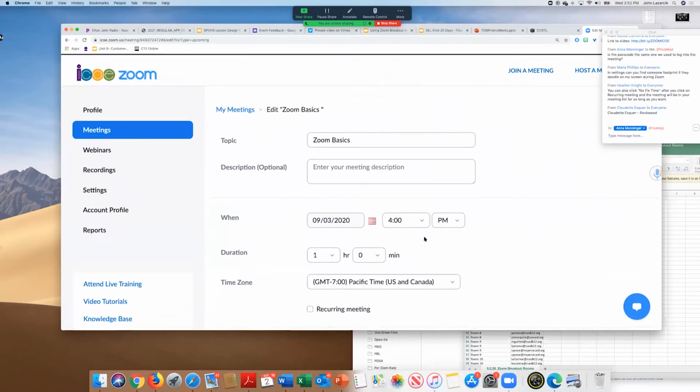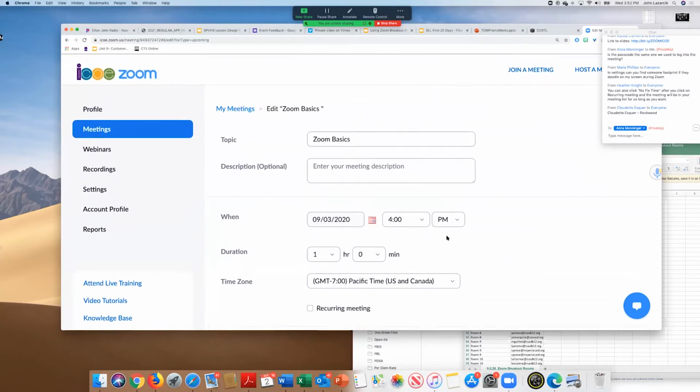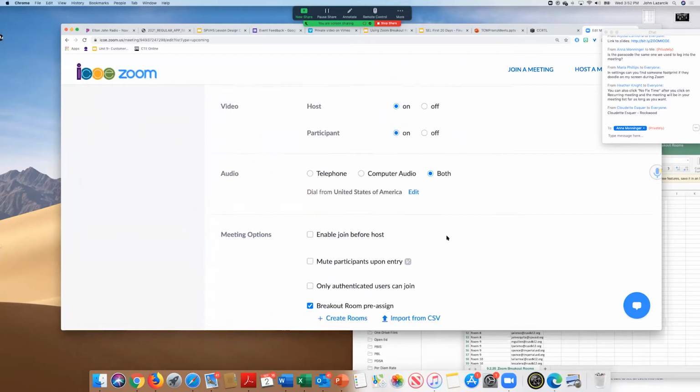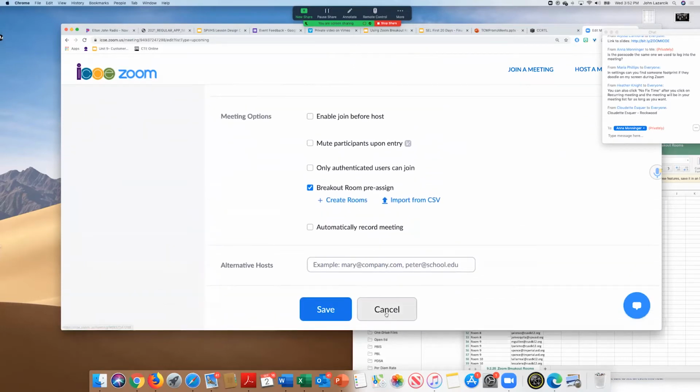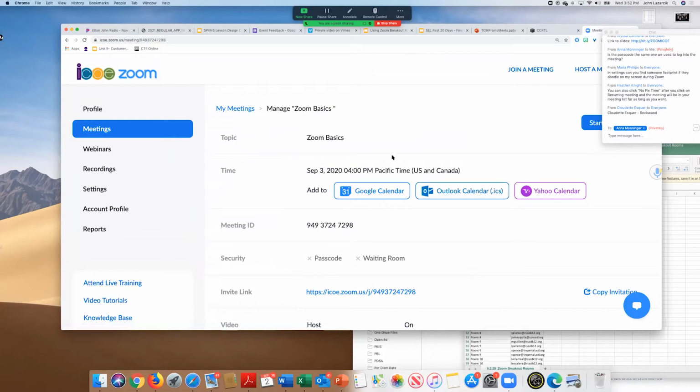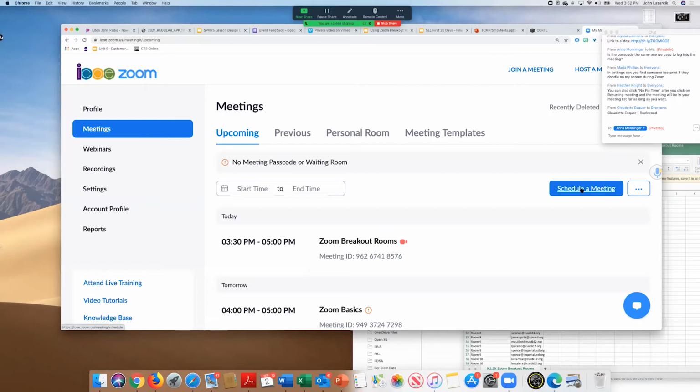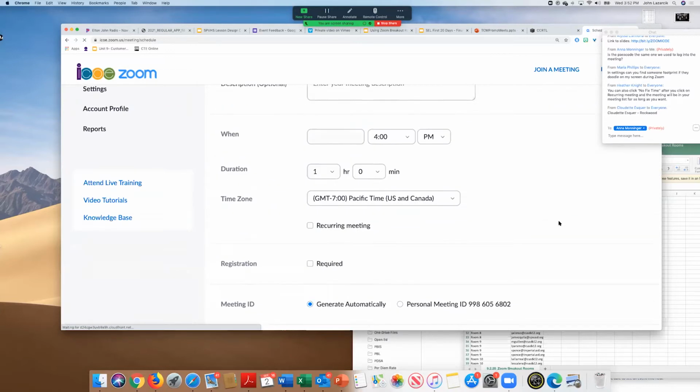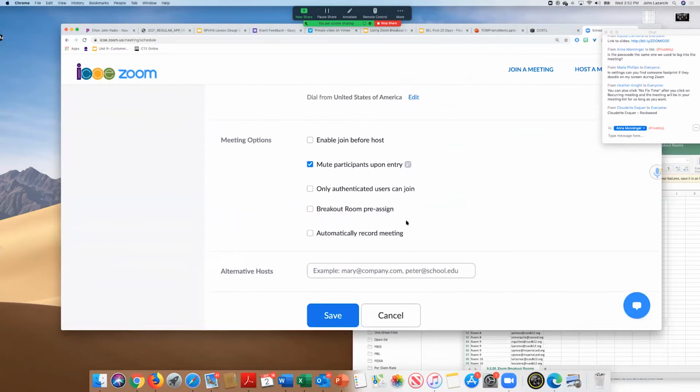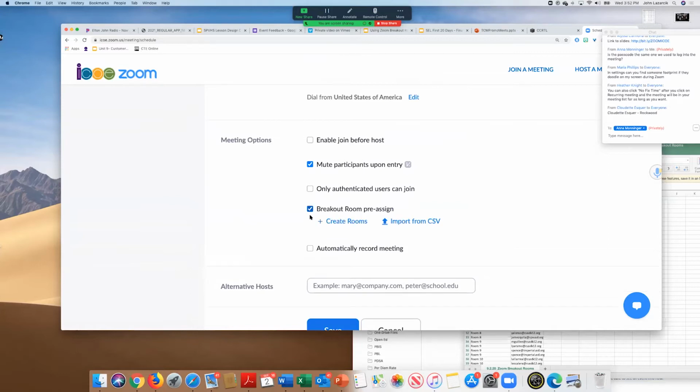So you have to go into the meeting and click on edit for an already scheduled meeting. Or if you want to schedule a meeting, come down here and it should give you that breakout room pre-assign, and you can again create rooms or import CSV.